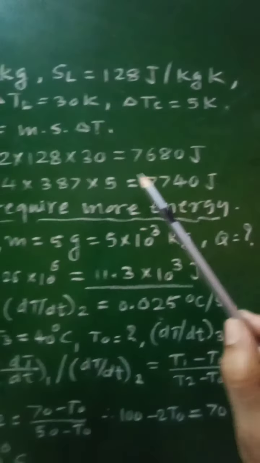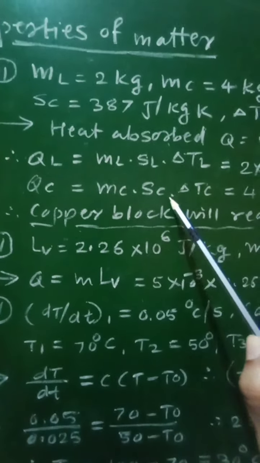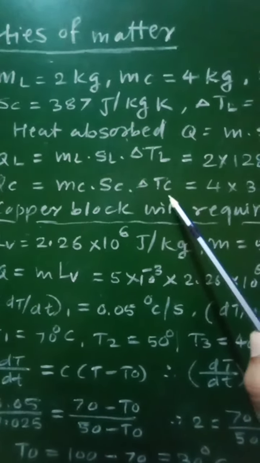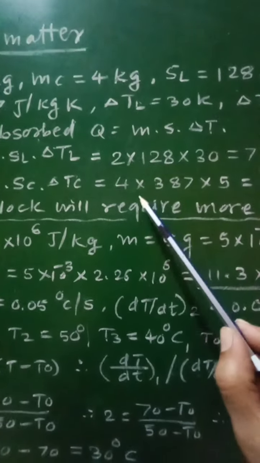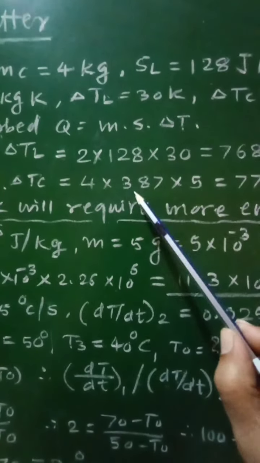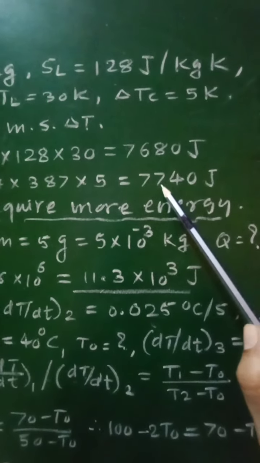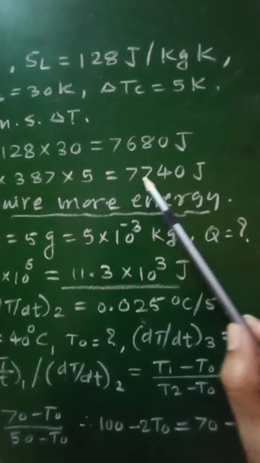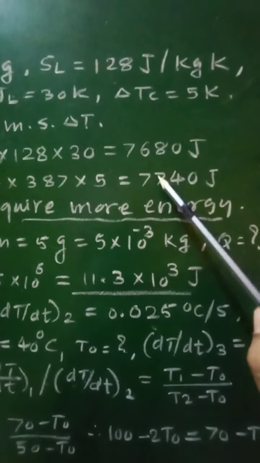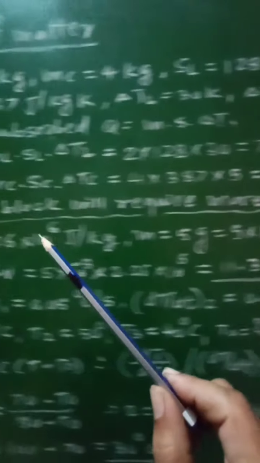Similarly, QC will be equal to MC SC into delta TC, which will be equal to 4 into 387 into 5, which comes out to be 7740 joule. Now if you compare QC and QL, then QC is greater than QL, and therefore we can say